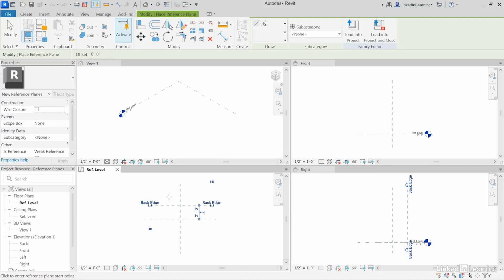So now I'm still in the reference plane tool. I'm going to start just above and to the right of the endpoint over here, click and draw it straight down this time. Edit this dimension, make that 4 feet imperial or 1200 millimeters in metric, and then click to name, and I'll call this left edge. Now you could continue in this fashion to create right edge and front edge, but I prefer to use the